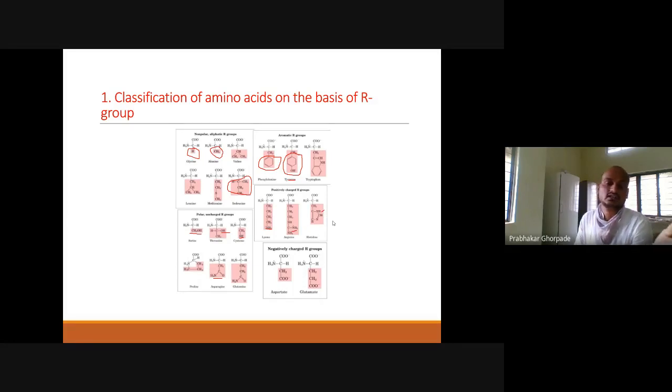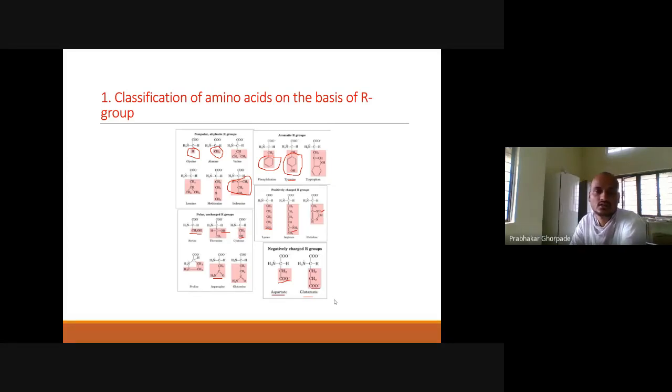In an amino acid, we saw that the amino group is positively charged and the carboxyl group is negatively charged. So if our amino acid has an extra carboxylic group, right? Already this carboxylic group is present in all amino acids, but if we have an extra carboxylic group, it means that this is a negatively charged group. We call it aspartate. So this one is aspartate and this one is glutamate. So 1, 2, 3, 4: a 4 carbon atom amino acid with the extra carboxylic group is aspartate, and 1, 2, 3, 4, 5: a 5 carbon amino acid with an extra carboxylic group is glutamate, right?